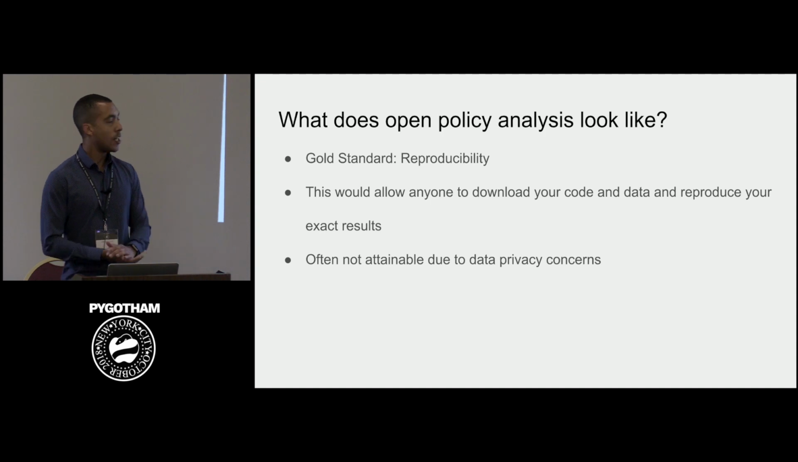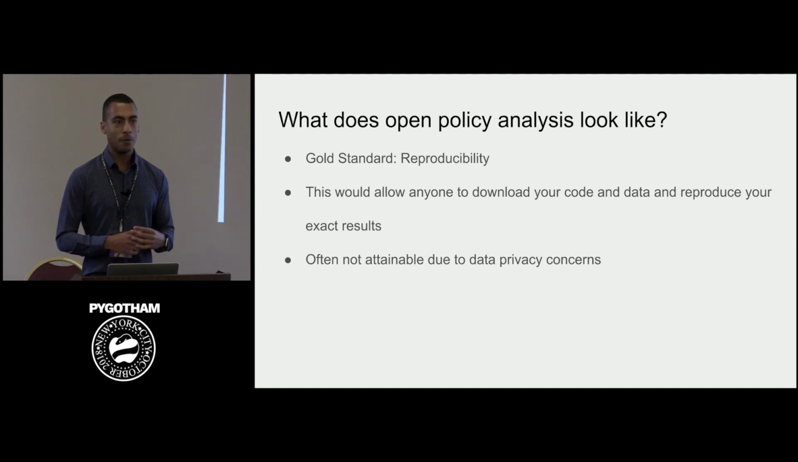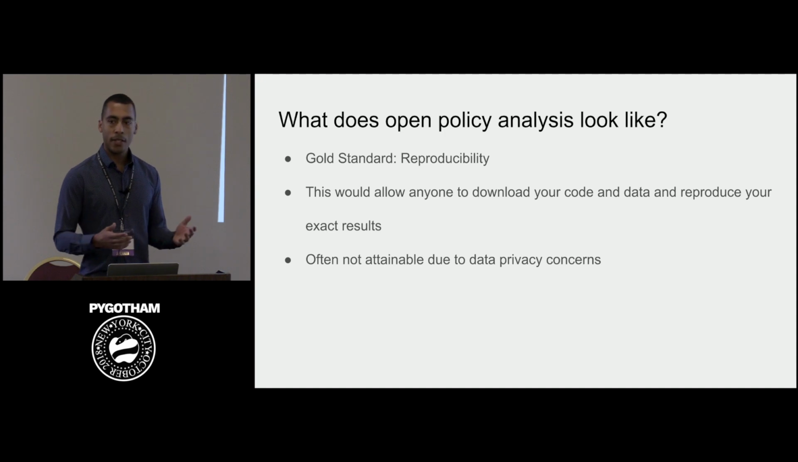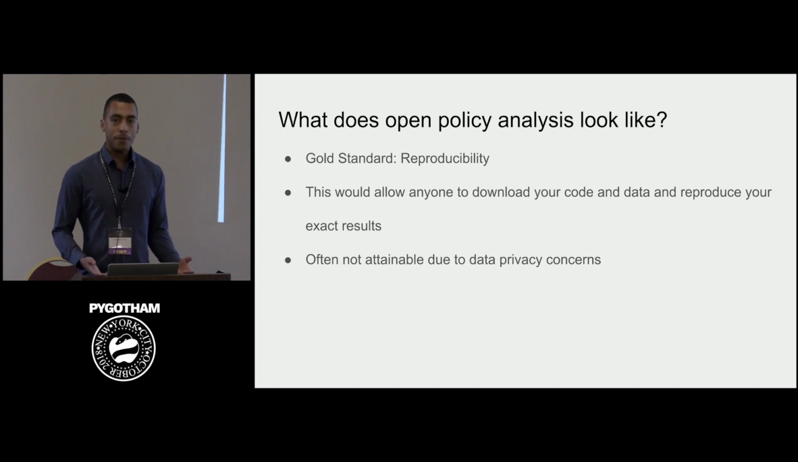So what does open source policy analysis look like? The gold standard would obviously be replicability. We've seen this movement in a lot of the more scientific fields, where if you're going to publish in a journal, you have to publish your code and data along with it. And that, again, is the gold standard. It would allow anyone to go in, download your code and data, and get the exact same results as you. Unfortunately, that's not always possible, especially in policy analysis, because a lot of this data is extremely personal and